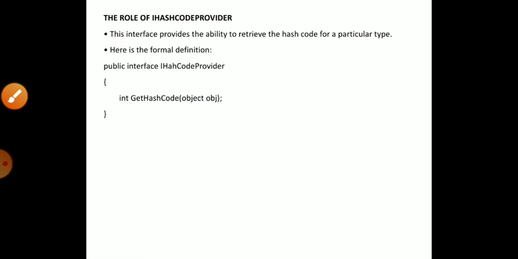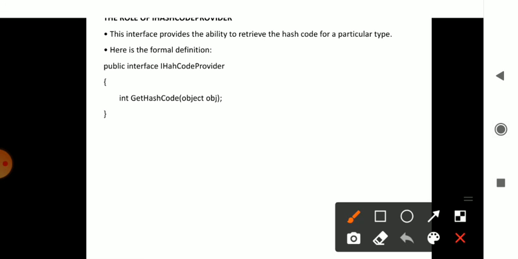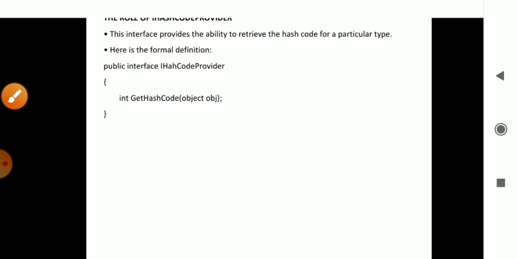And the last one is IHashCodeProvider. IHashCodeProvider is such that each and every time you switch on the system and execute any code, the system generates a hash code. That hash code can be obtained through the function of the interface IHashCodeProvider, int GetHashCode, and the hash codes of whichever objects you fetch are obtained through the IHashCodeProvider.